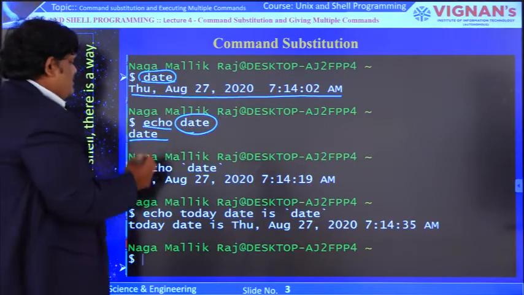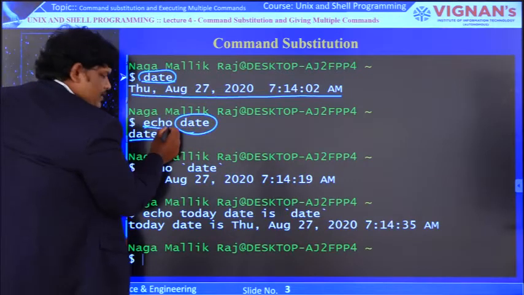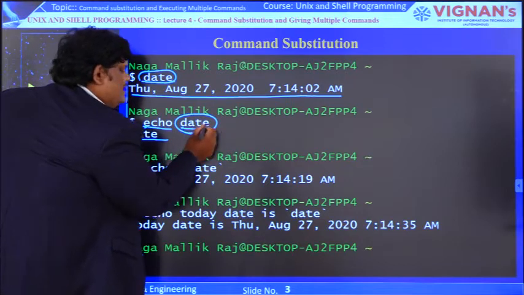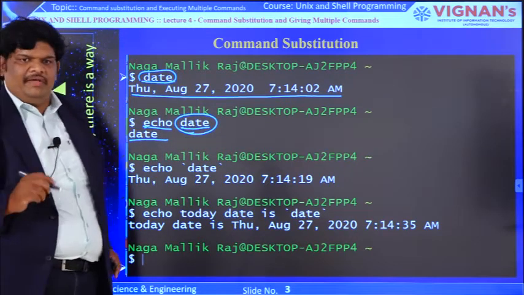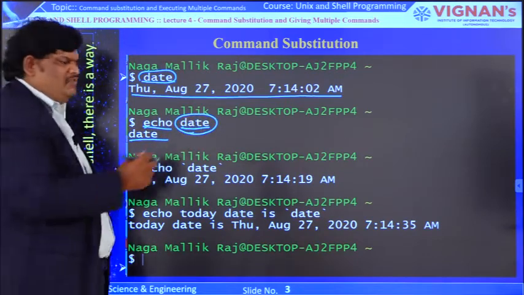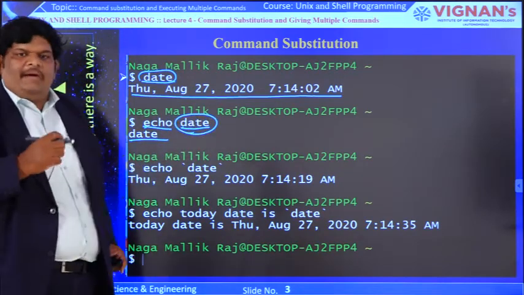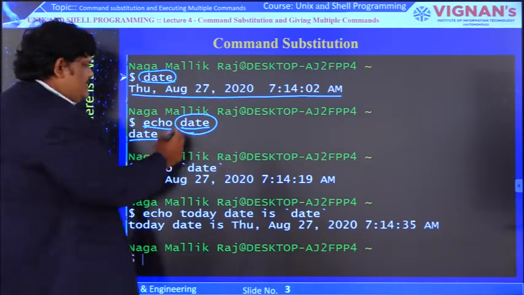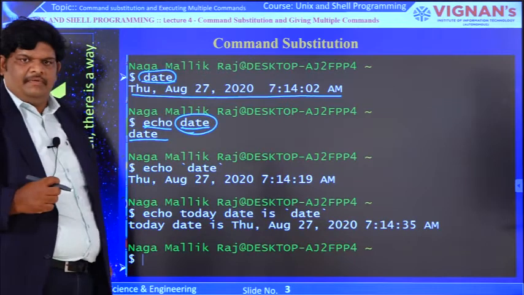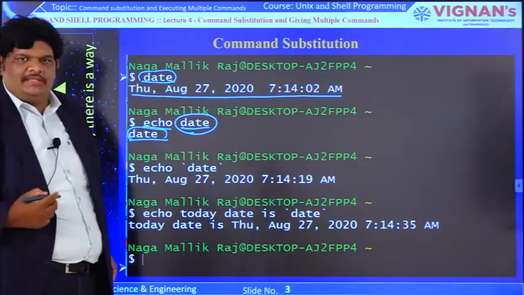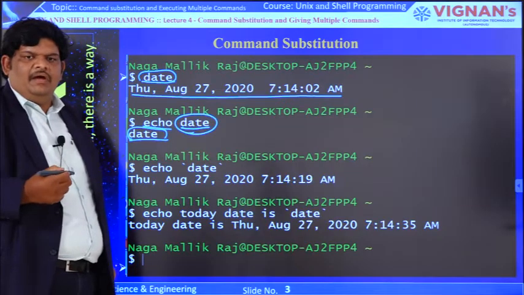The shell interprets echo, and the next word it treats as a normal string, not a command, because we are not writing any backquote symbol. That means we are not applying the command substitution technique. So in the output we will see the word date as it is, instead of the date command output.